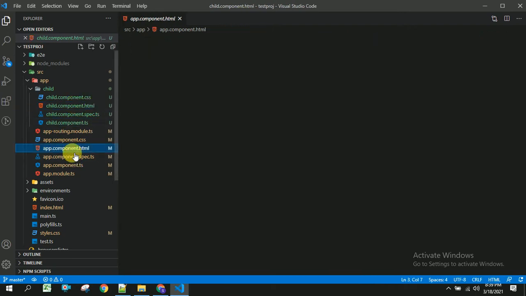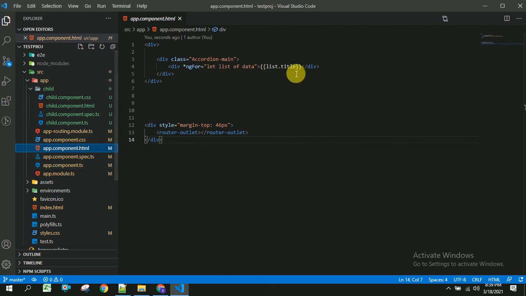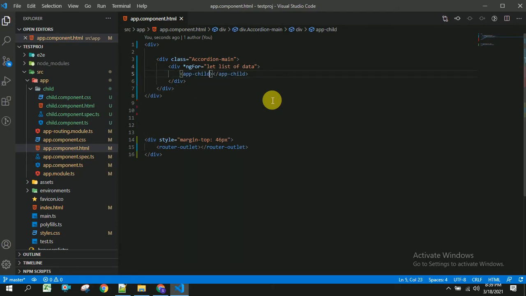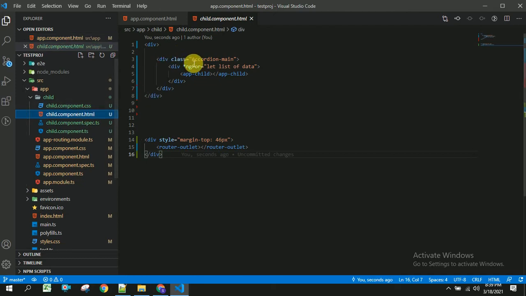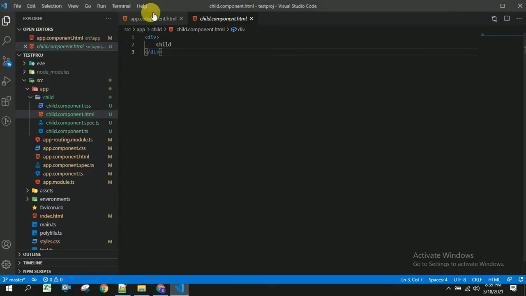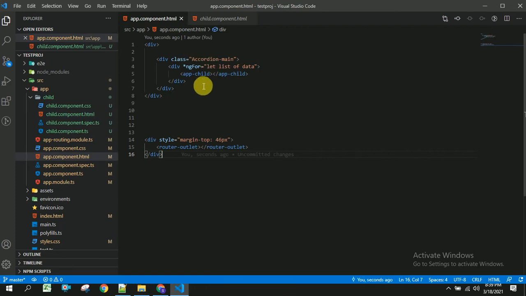So we have to copy this and paste it in our app component.html. Let us save this. Now we should be able to get the child component HTML multiple times in our browser. So we have got this, it's working fine. Now we will send this app component.html data to our child component.